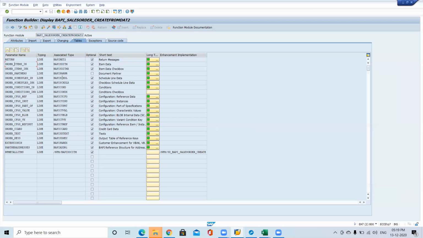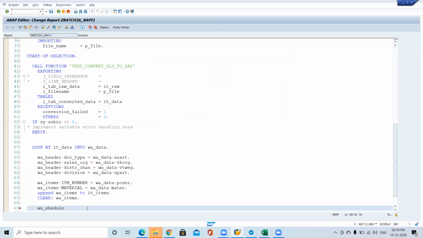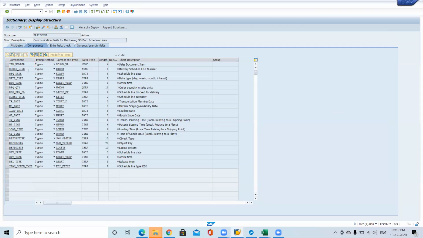So just go to schedule, and for partner, the technical name they use, item number equal to which number we are using. So data-partner, and the second one schedule line,